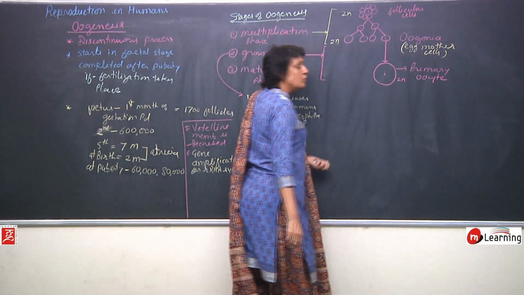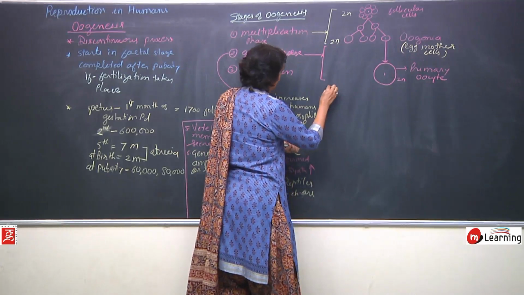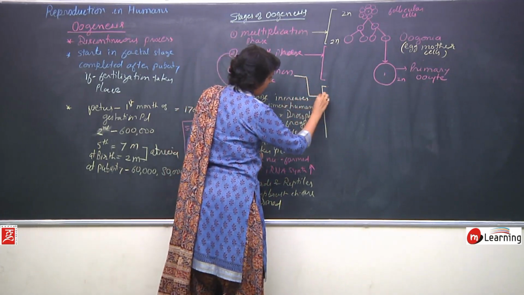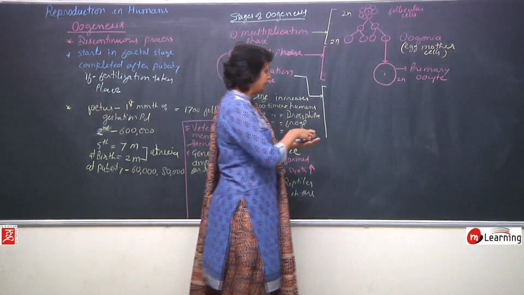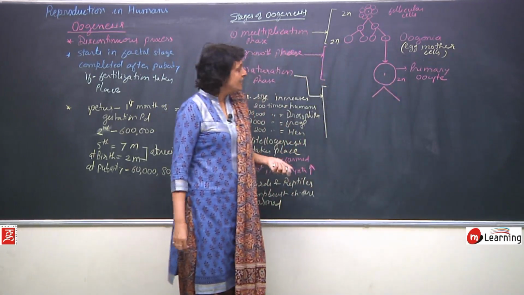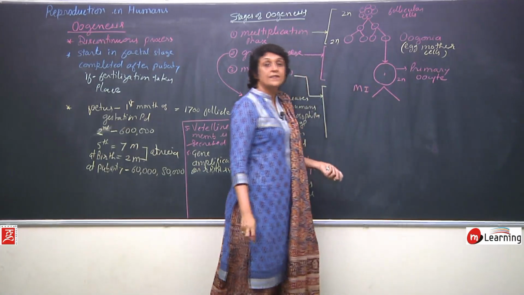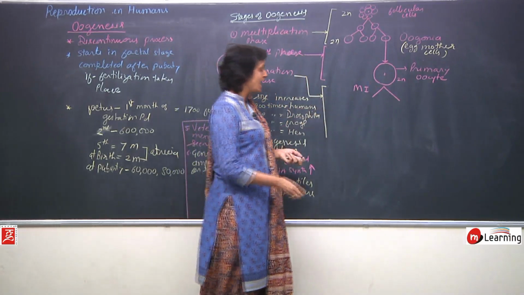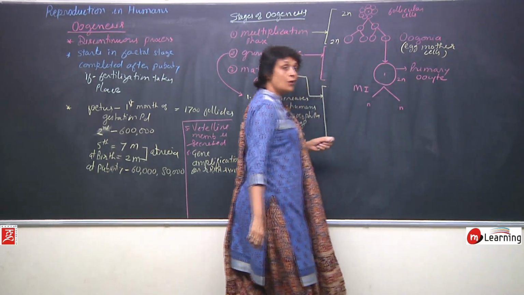So, now this primary oocyte enters the maturation phase. Let me write this as maturation phase. Maturation phase is meiosis. This large primary oocyte will undergo meiosis 1. Meiosis 1 is reductional division. So, the chromosome number has to reduce to half. So, this cell will get half the number of chromosomes and the other cell will also get half the number